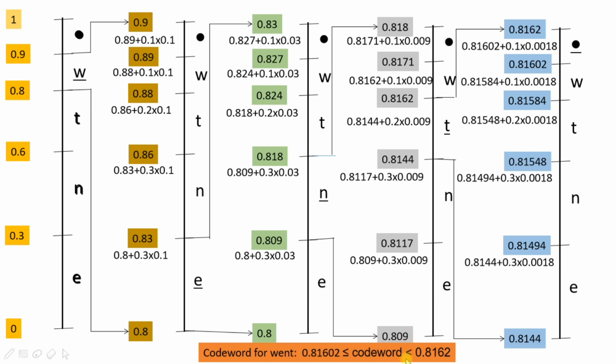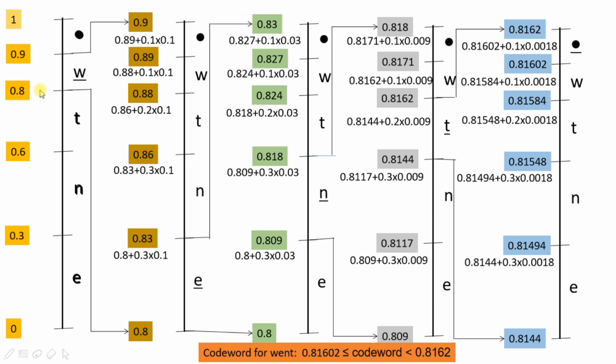So now for example, if you select 0.8161 as the code word for WENT, then this 0.8161 is converted into binary bits. Then these binary bits are sent to the receiver. In the decoder, these binary bits are converted into the corresponding floating point number, say 0.8161. Then again that value is applied to these iterations.